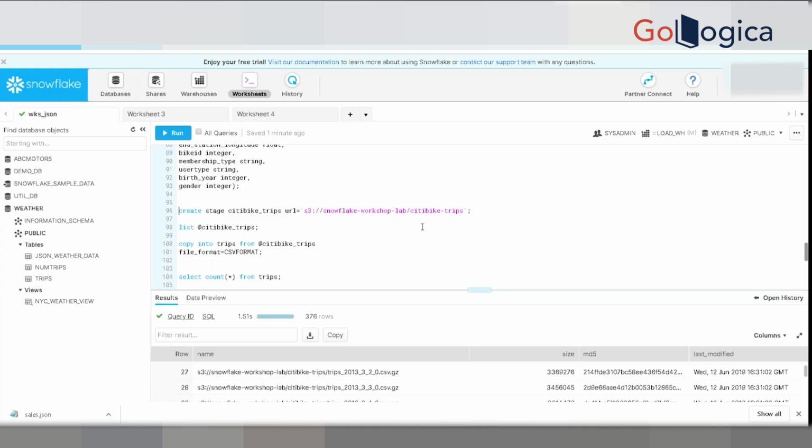The city bike trips. Those are the sample files. Those are already present in that location of AWS storage. Yes, they're already present. It is something like, for example, S3 Snowflake Workshop Lab